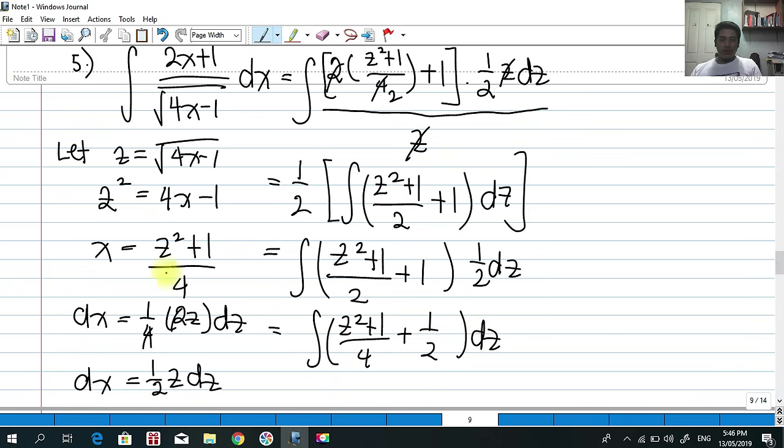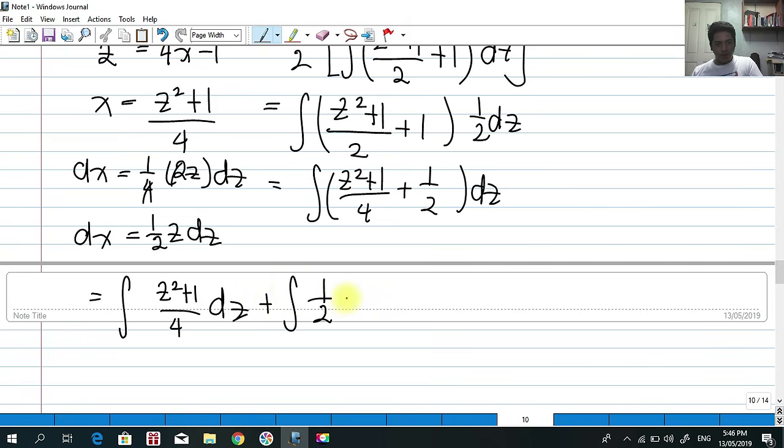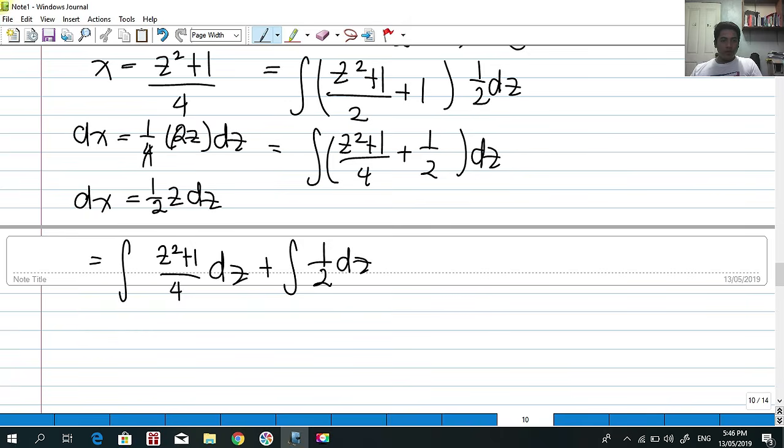So what we are going to do is to integrate both terms. So we have the integral of (z squared plus 1) over 4 dz plus the integral of 1/2 dz, of which we know that we can factor out the constant: 1/4 integral of (z squared plus 1) dz plus 1/2